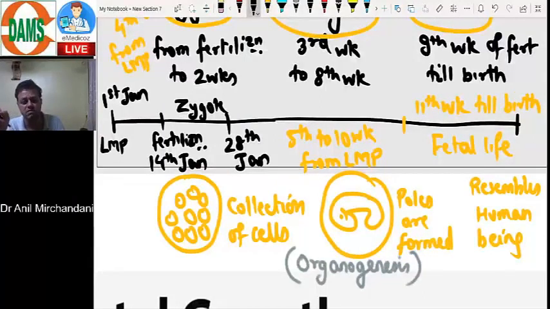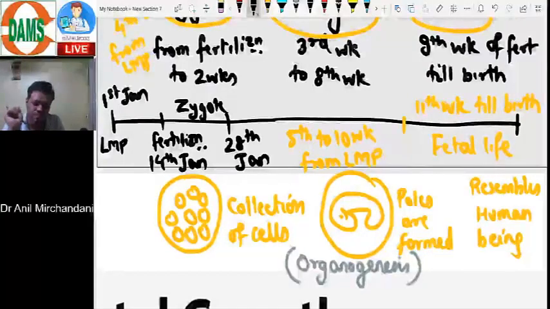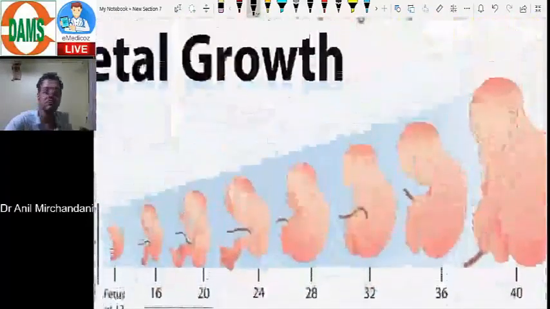Why not the zygote phase? Understand that if there is an insult, injury or damage in the zygotal life, there will be abortion. Organogenesis occurs over here. Congenital malformations would occur if there is insult in this phase. So we say that in the first trimester you should not give any medication which is harmful for the baby. Most vulnerable for congenital malformation would be the embryo phase. After you have written this, let us talk about fetal growth and nutrition now.